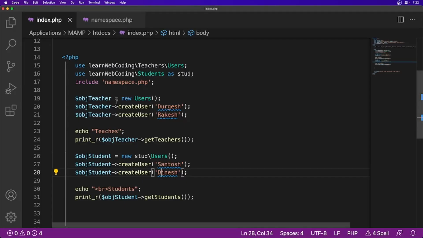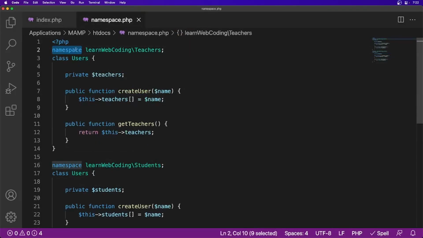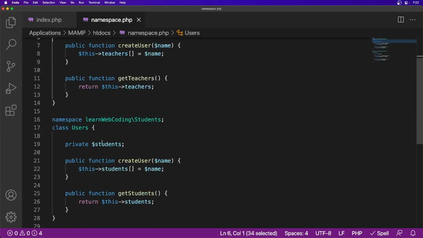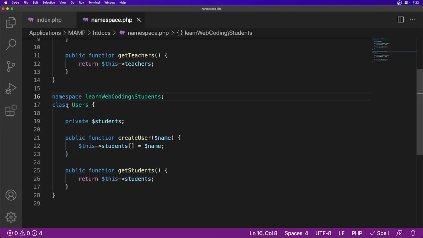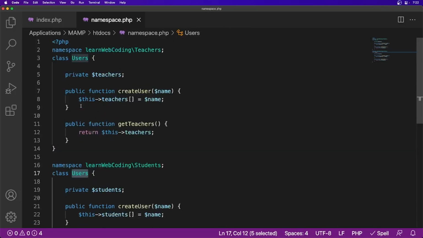as it is. Okay, so the things you have to remember is, you have to use the namespace keyword to create a namespace, and this should be the first line of your PHP code, and then followed by that you can create your classes, functions, or keywords. You can have multiple namespaces in the same file, as you can see here I have created, and the same class name you can use multiple times if you have multiple namespaces.